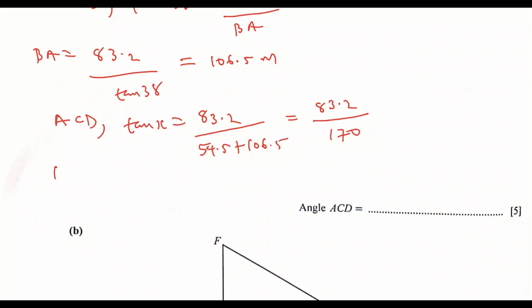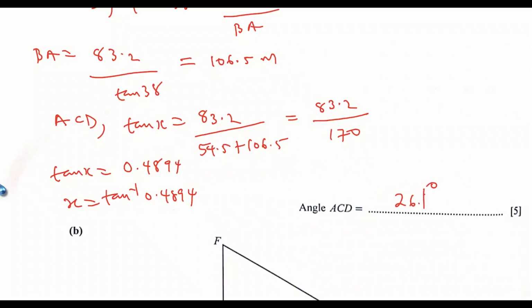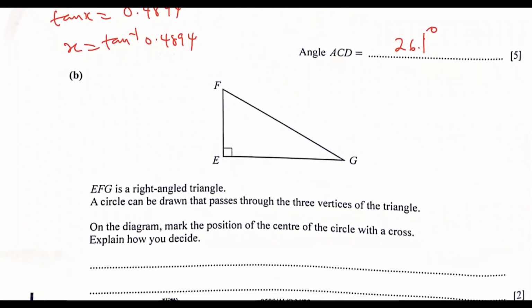So that means tan X is equal to 83.2 divided by 170, which gives 0.4894. If you take tan inverse of both sides, X is equal to tan inverse of 0.4894, and that will give you 26.1 degrees. That will be the value of angle ACD. So part B,